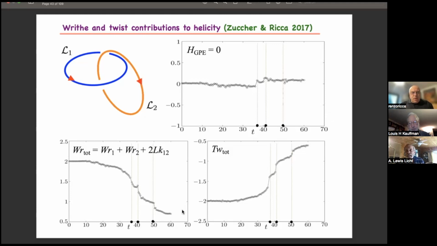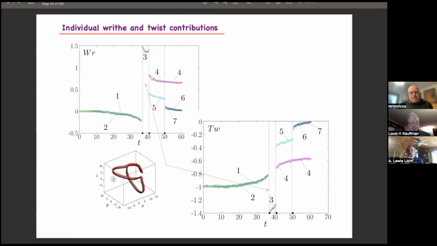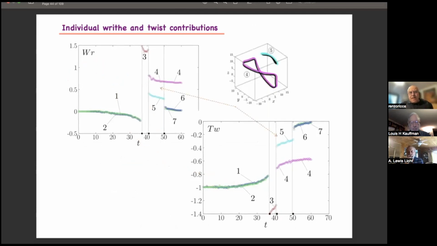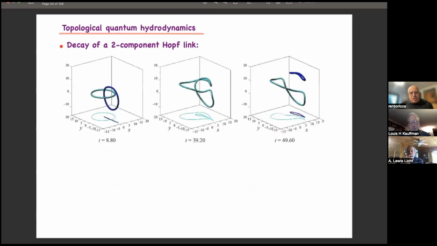Here is just a way to show you the balance between writhe and total twist. Of course, I cannot spend time telling you all the details, but you see here what happens to the evolution of the different writhe and twist. So the decay of a component like a Hopf link